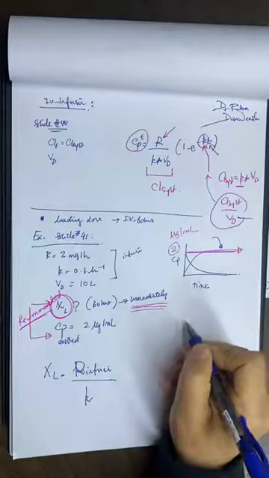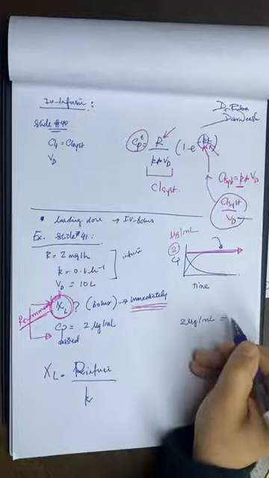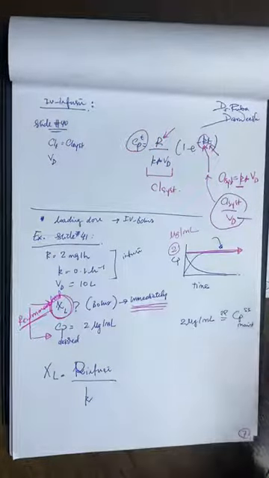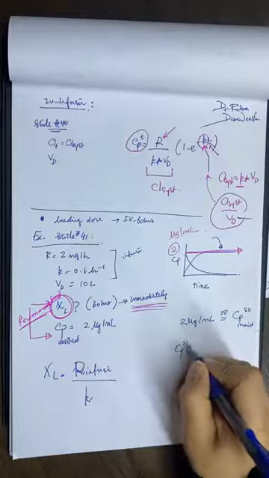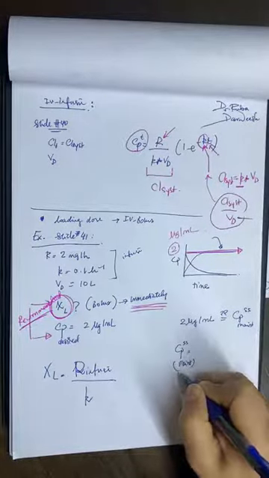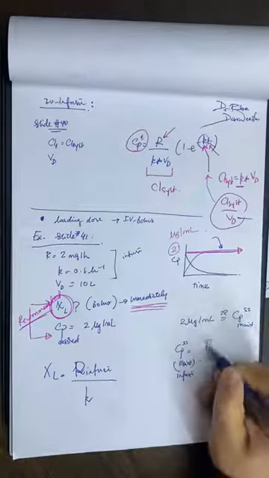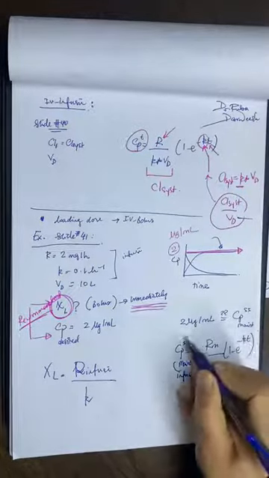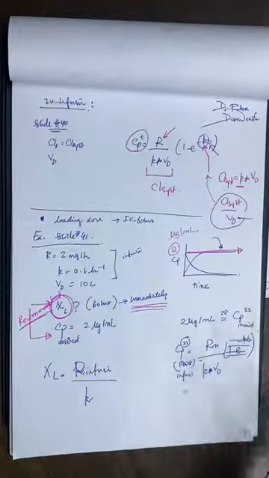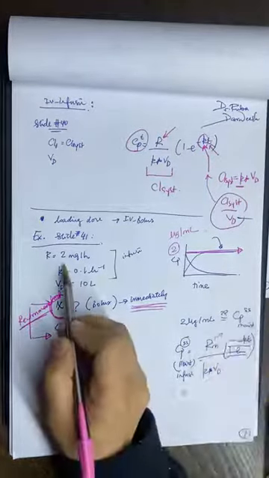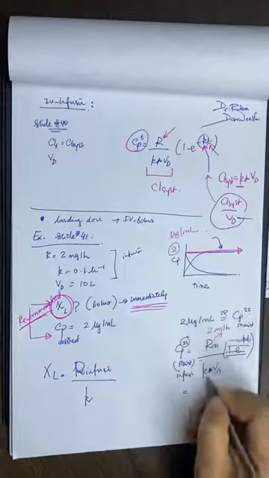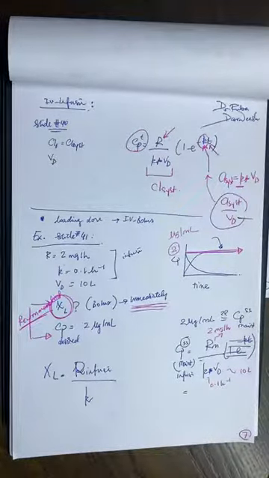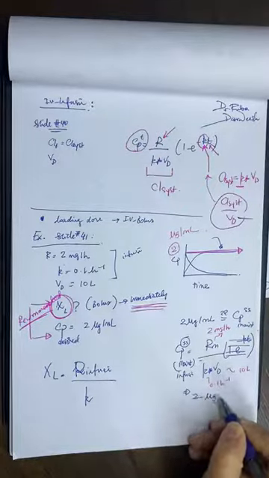But before I do this, I need to ask a question. Is 2 microgram per milliliter equal to the steady state concentration of the maintenance? To do so, you need to determine the steady state of the maintenance or the infusion. This will be R over K VD, with the exponential term with time. We are talking about steady state, so this won't be there. So this is 2 milligram per hour, this is 0.1 hour minus 1, and this is 10 liter. So when you go to the calculation, it will be